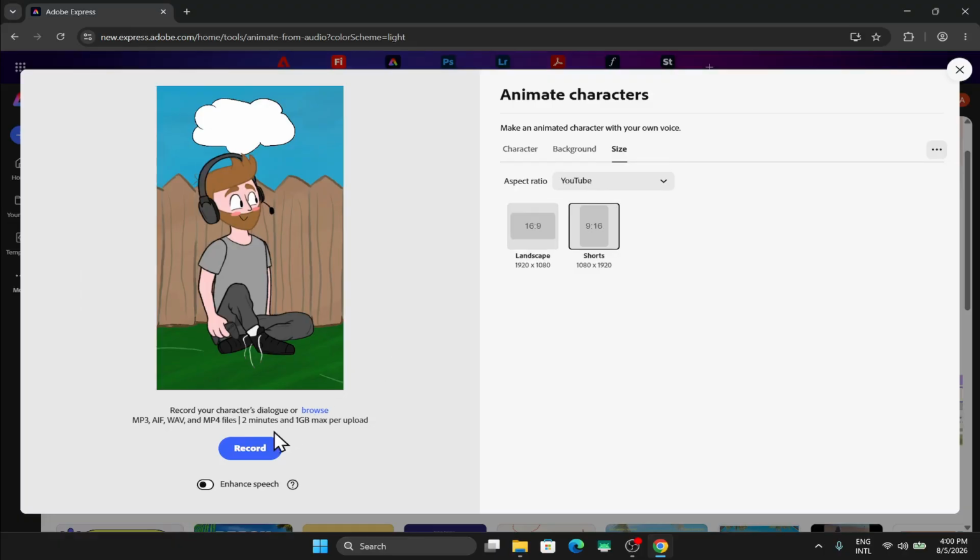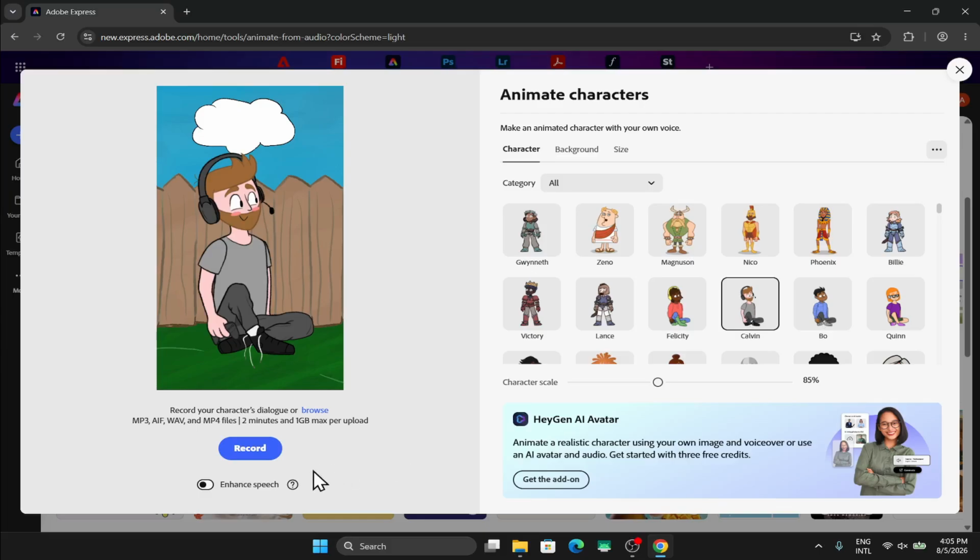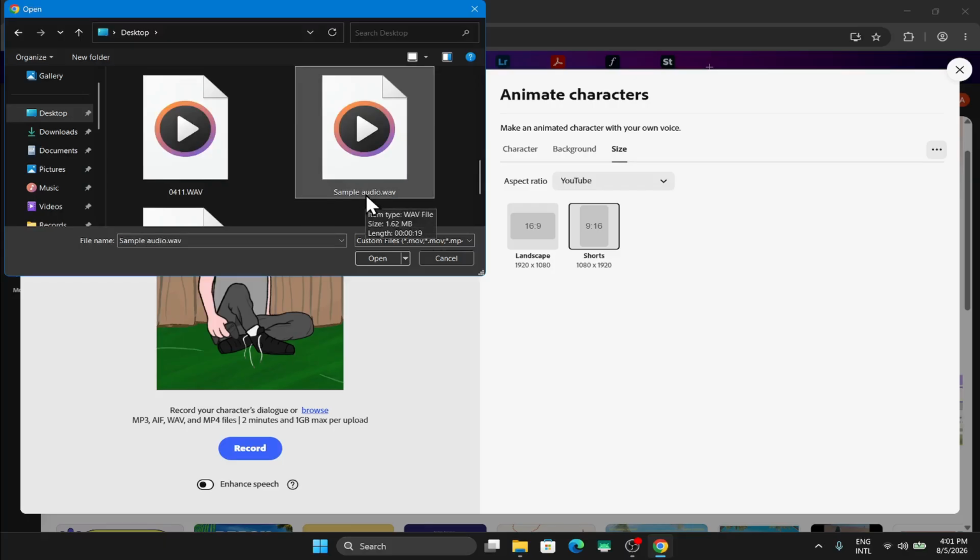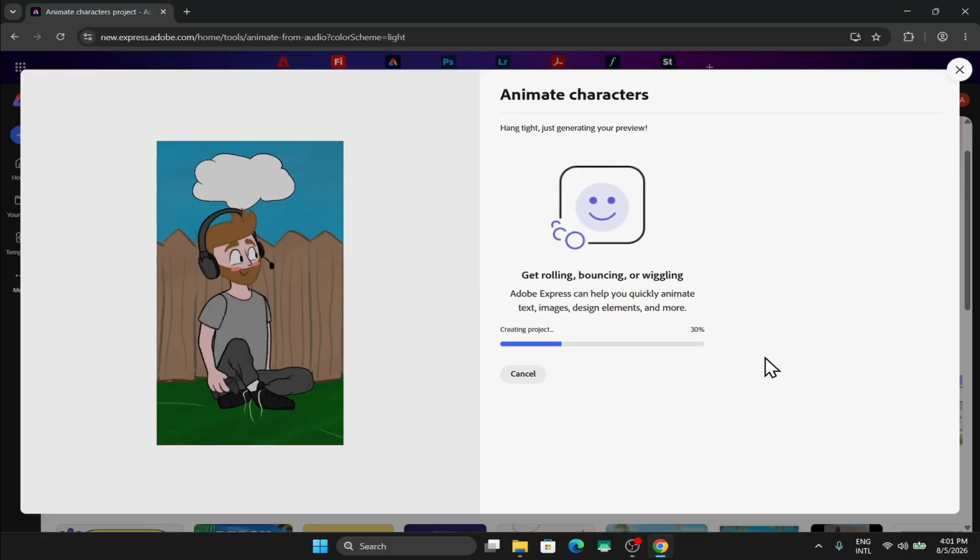Once you are done, you can either record your own audio by clicking on Record, or you can also upload your pre-recorded audio by clicking on Browse. If your audio file has some background noises, you can also enable the Enhance Speech option. Now, I have this sample audio recorded just for this purpose. I'm going to open it, and now we just need to wait for a few seconds as the animation gets